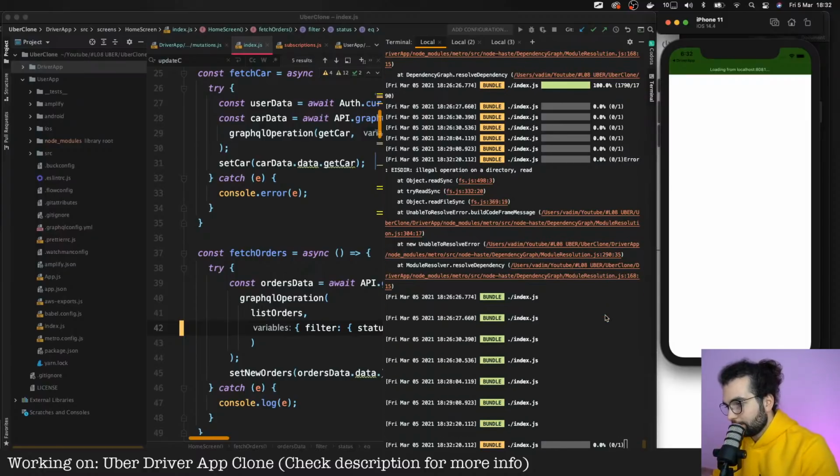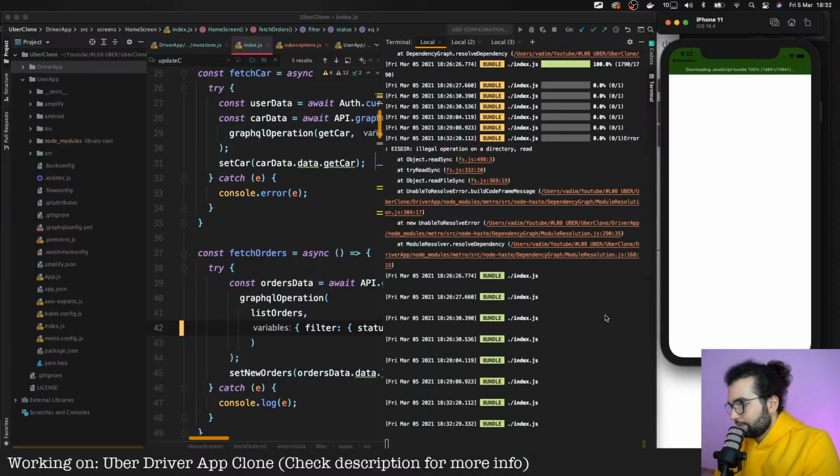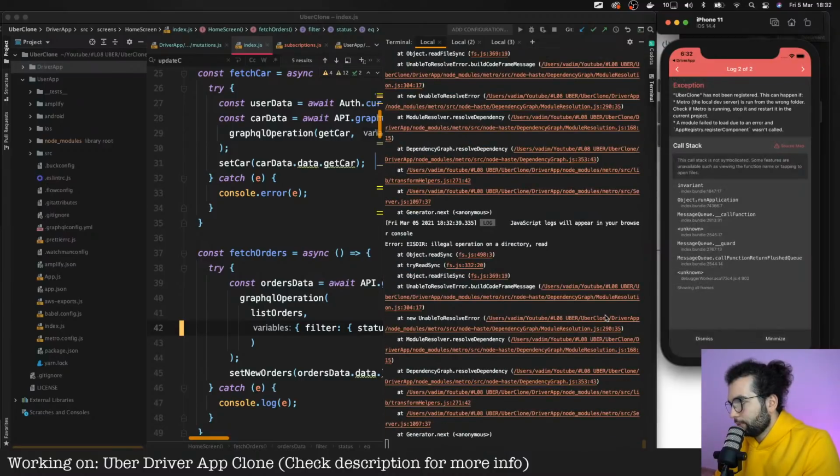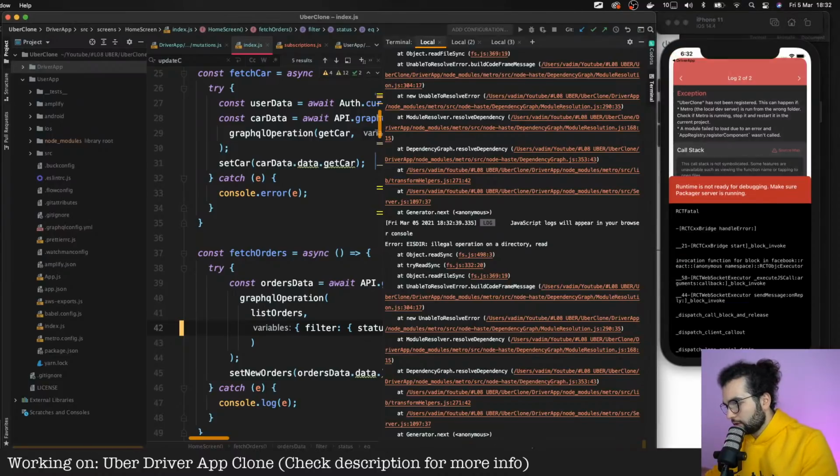That's not the end. And everything from the beginning, right? No. Has not been registered. It can happen. Metro local dev server is running from the wrong folder. What's going on?